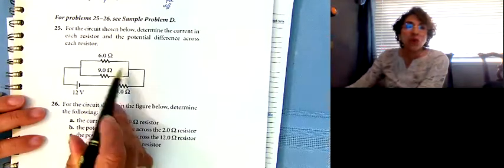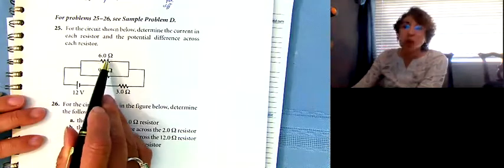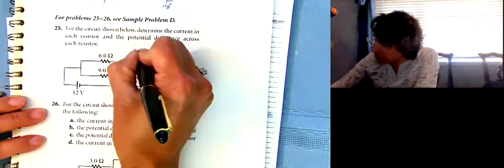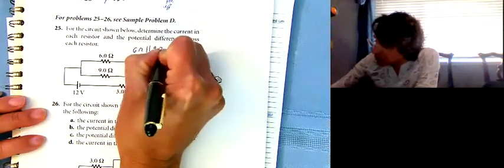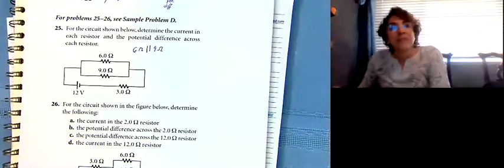And then I realize, oh, these two resistors are in parallel. So this 6 ohm resistor and this 9 ohm resistor are in parallel. So right away, I recognize that 6 ohms here is in parallel with 9 ohms. I recognize that right away. And then I remember, oh, that means that the